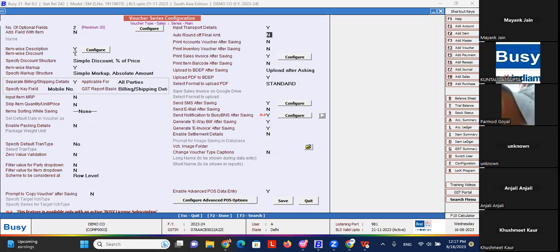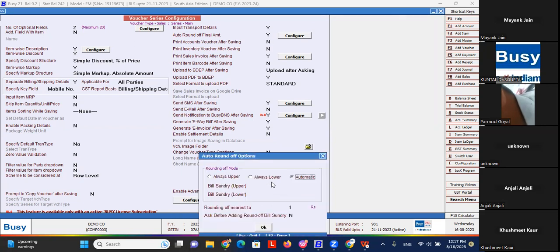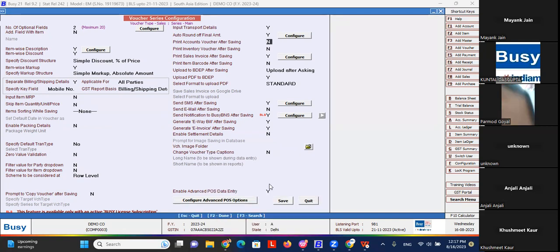If I need to enable auto round off in my transaction, I can enable auto round off, and I can put my round off for upper limit. I can mention round off plus, and for lower limit, I can mention round off minus also. Okay. Now to print the sale invoice, I can enable this option